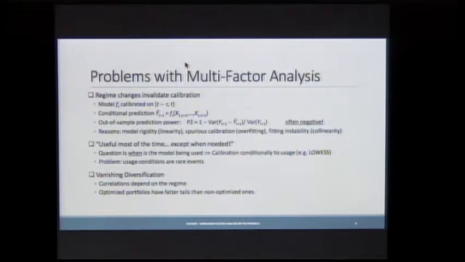So the hat is the prediction, the y t+1 is the actual value, and what would be an R square? An R square would be the same thing in sample. The variance of this would be the residual. So it would be 1 minus the variance of the residual divided by the variance of the source. That's the R square. Here, that's why I'm calling it the P square. It's the prediction power. And I'm not predicting far away. I'm just predicting the next step. I'm recalibrating every time. So you take now a time series.